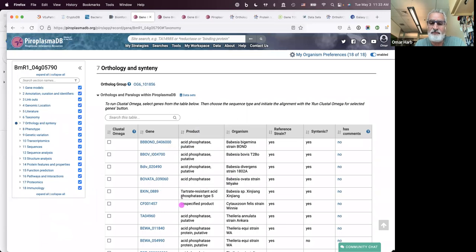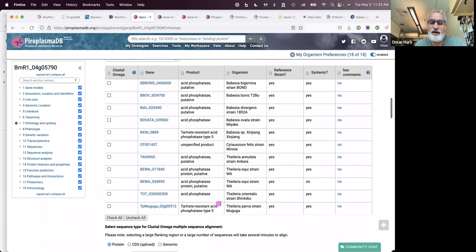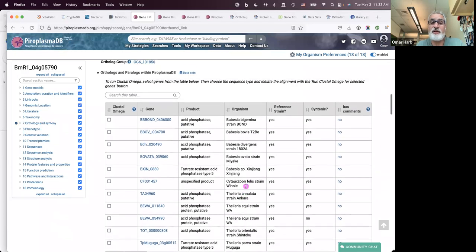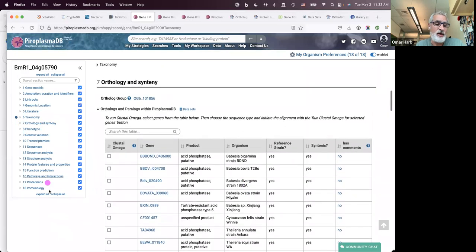So, I clicked on this orthology and synteny section, and you'll notice here that it does have orthologs in all the organisms in PiroplasmaDB. And so that's interesting. It seems to be conserved across all Babesia. I can go down and examine other sections, but what I'm going to do is hop onto OrthoMCL, which is the resource that we use and we develop, but we also use it to define these orthology